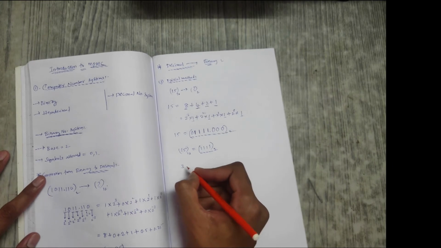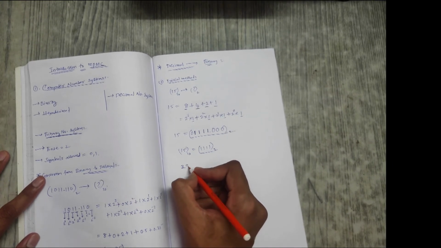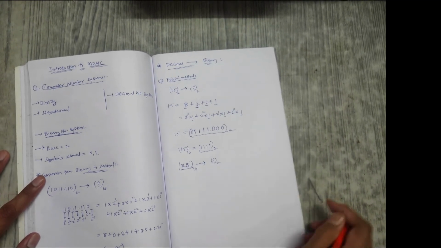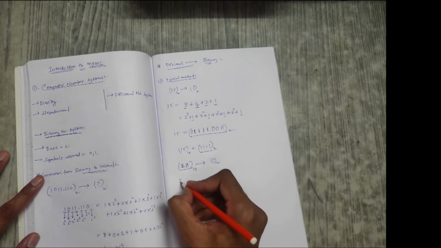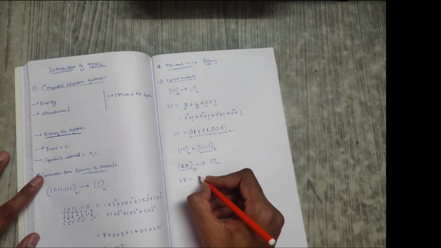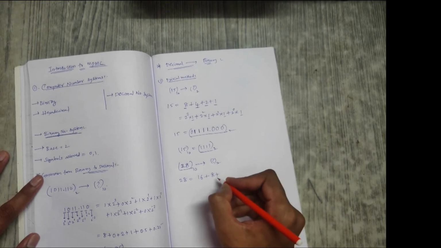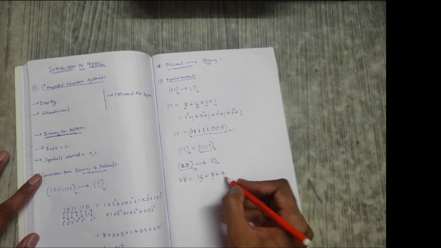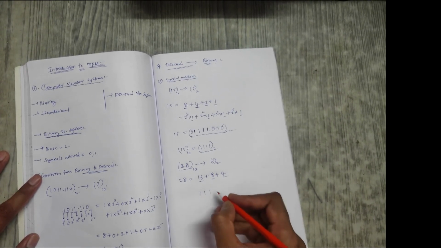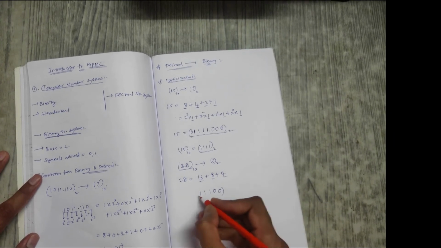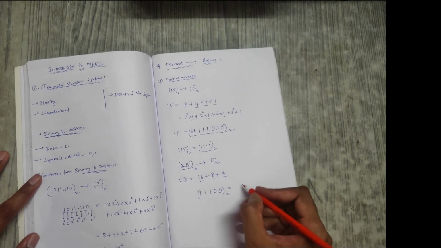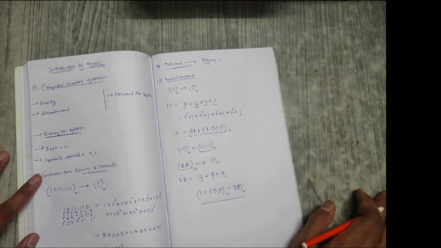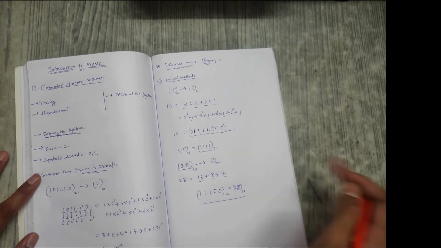We shall take another example. 28 to the base 10. I want to find the binary equivalent. How? 28 can be written as 16, 8 plus 4, 28. So this is 2 power 4, 2 power 3, 2 power 2, and the remaining are 2 power 1, 2 power 0. This becomes the binary equivalent of 28. Over. This is the trivial method, which is the reverse method of the earlier method.